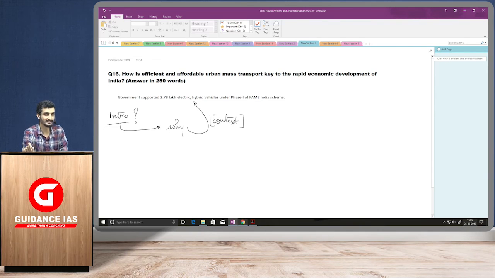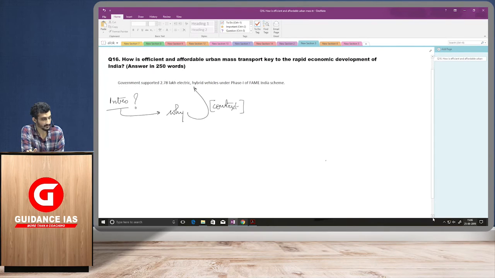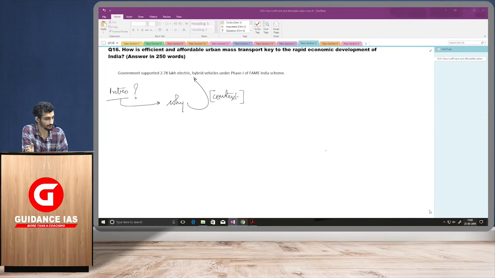So government supported 2.78 lakh electric hybrid vehicles under phase 1 of the FAME India scheme. So this can be a good introduction which is more related to current affairs and more logical. Now moving ahead, in the first part or the introduction part, to continue forward, we can